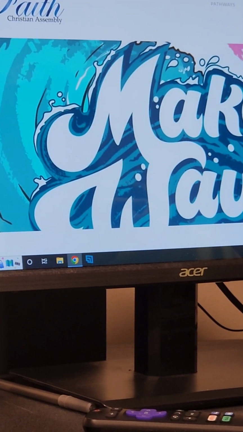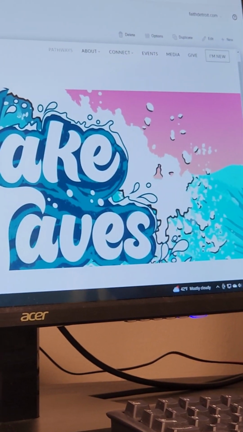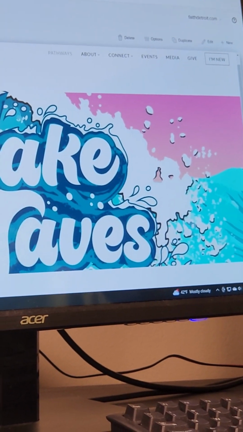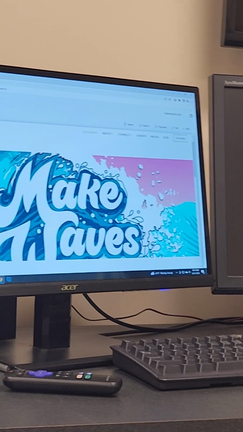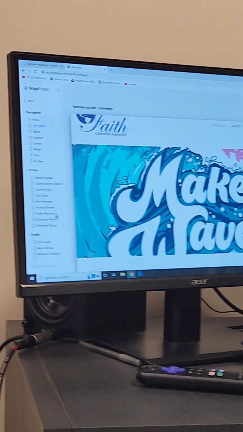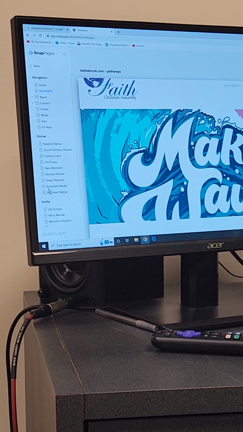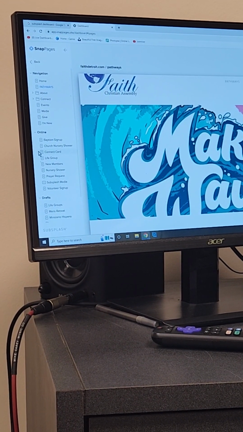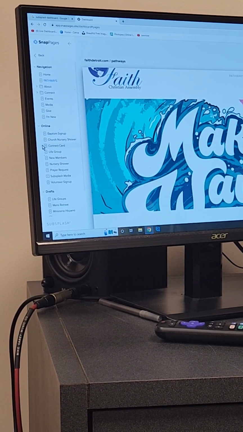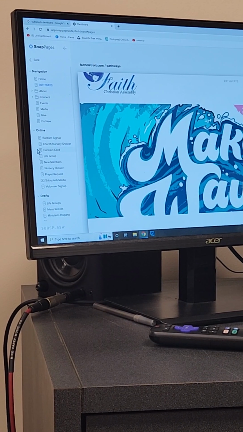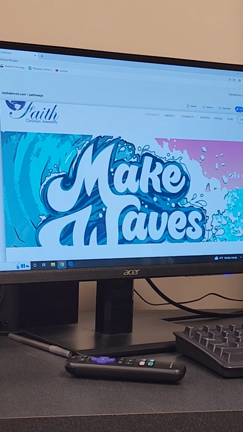So from here you'll click on edit. I guess to my point, what I was trying to say is, if you're making events and you don't want them to go on the navigation bar on the website, you can just put them to the online tab right here. I didn't want that as a main. Right, but the online tab is where you'll put them if you want them to be available for people to view when you link it, but not have a specific option on the menu bar top. So that's what that is down there. But you'll come up here, you'll click edit,